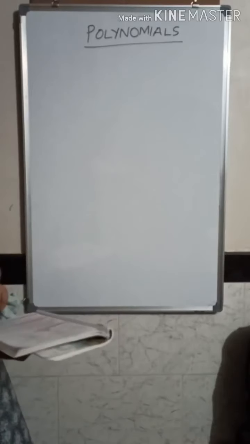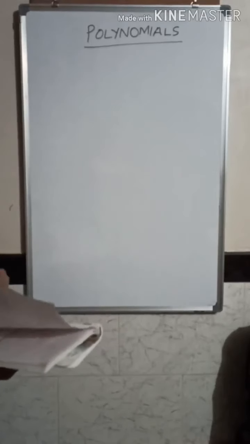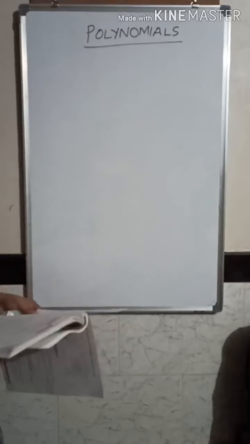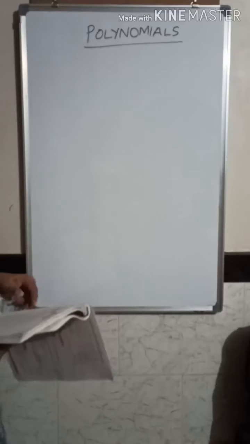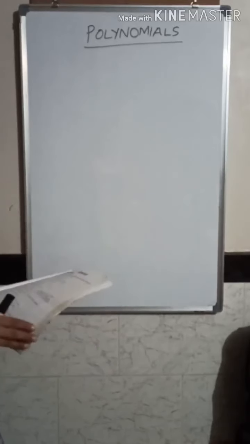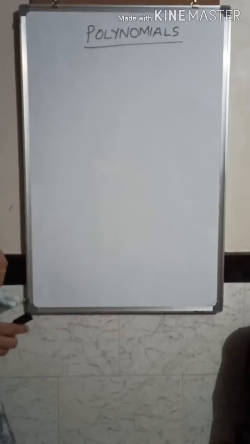Now as you have learned in algebraic expressions, how you were adding algebraic expressions, the same way you have to do even for the polynomials also. So the operations are the same as you are doing for the algebraic expressions. So we'll take a few examples and see. In the algebraic expression, what you are doing is adding the like terms or subtracting the like terms.